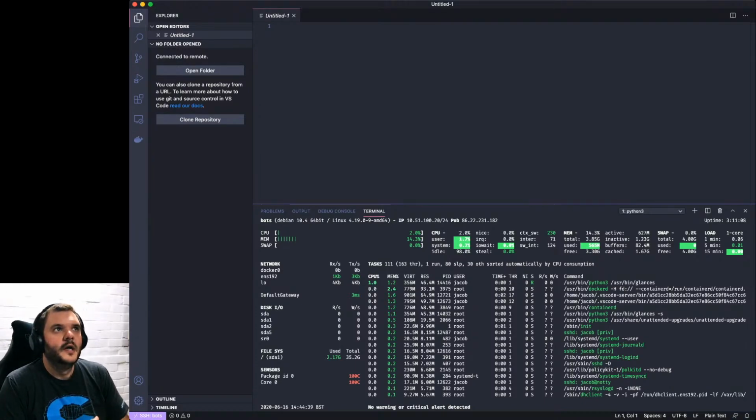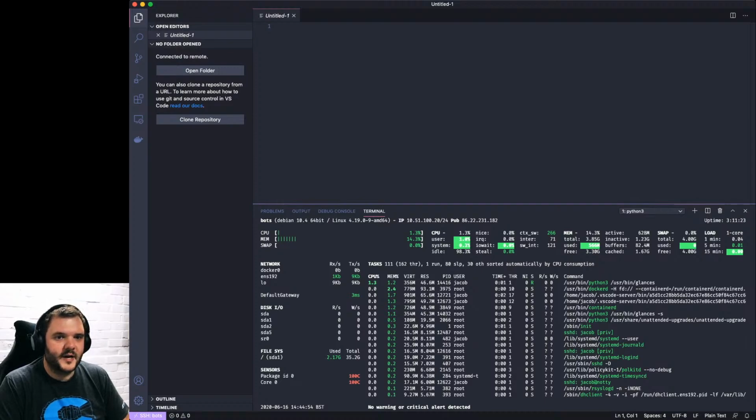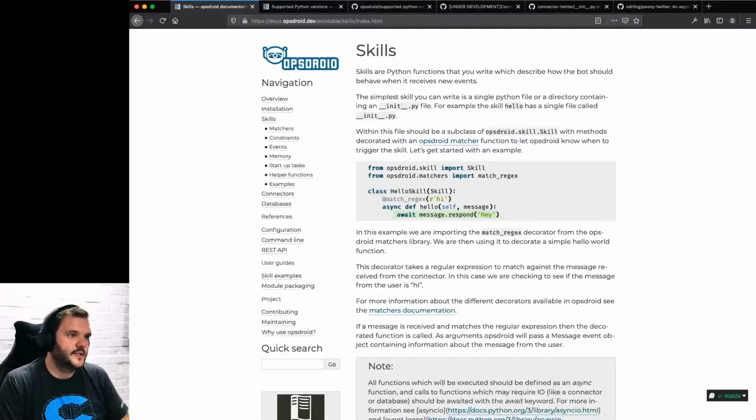If we're using a library that somebody else has written, like for Slack, we use the Slack official Python library, it's on them to handle how memory intensive that is, and then also down to the skill developers in what they're putting in memory. A lot of bots that I run are tens to hundreds of megabytes of RAM usage. But one of the things we do support in Opsdroid is advanced natural language understanding.